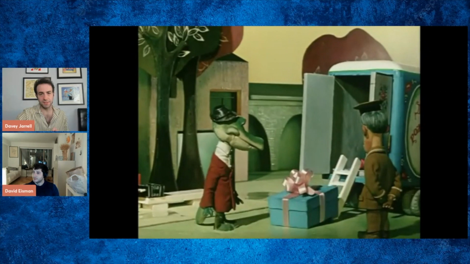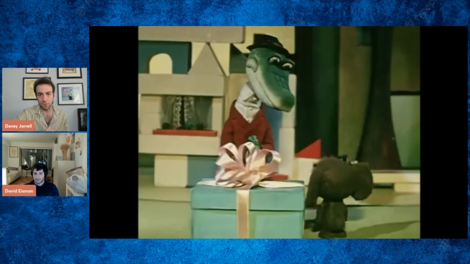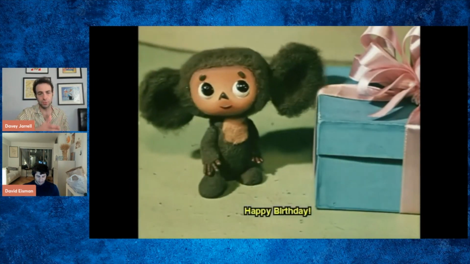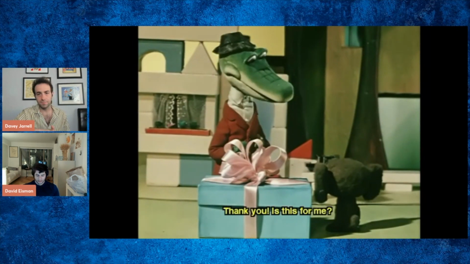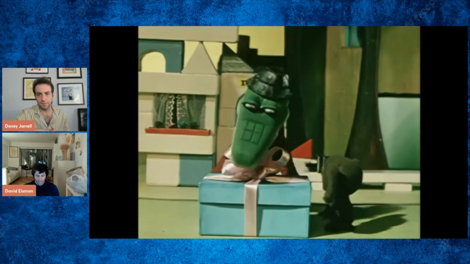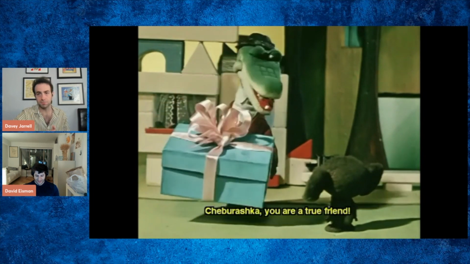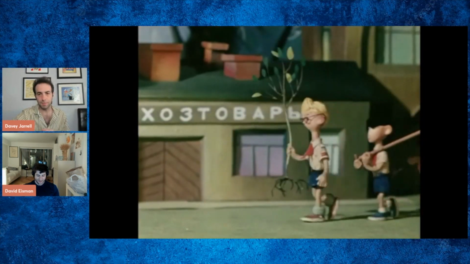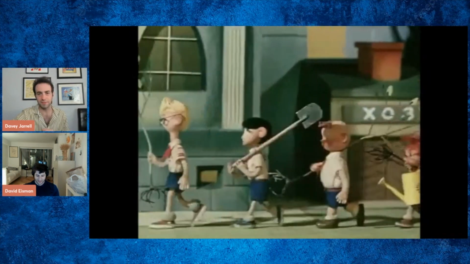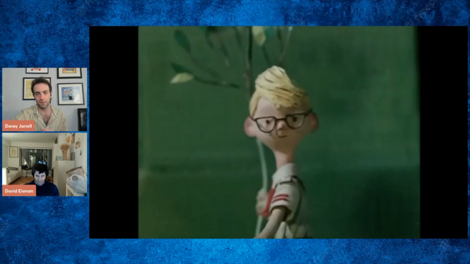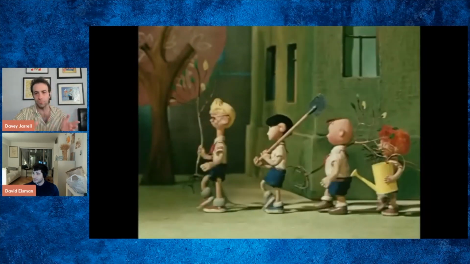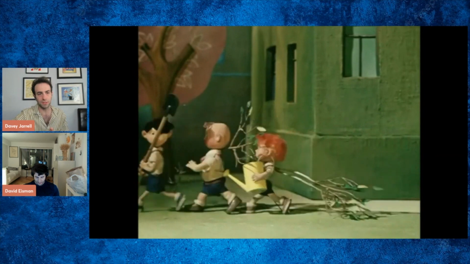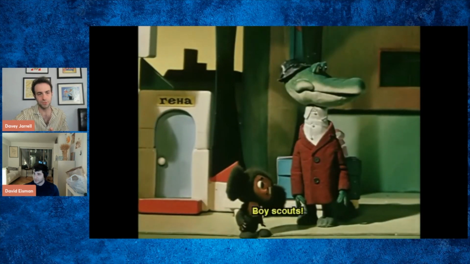So next is Cheburashka. It's a film made in Russia in 1971, featuring the children's character Cheburashka. The animation in this film is really good, and it's well worth still framing through to study how various personalities are put across through walk cycles and gestures and things like that. And the puppets limit the flexibility of facial expressions, but the animators more than make up for it by the way they move the characters. So the principles behind stop motion, hand-drawn, and CG are really all the same. It's about putting personalities across.